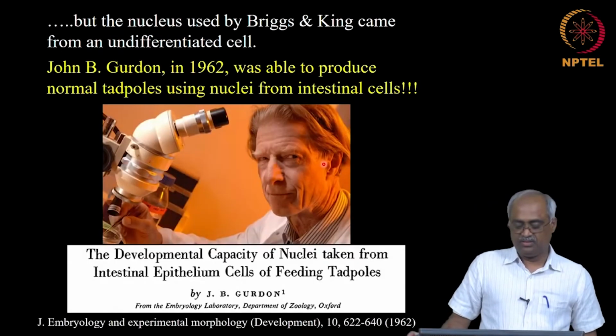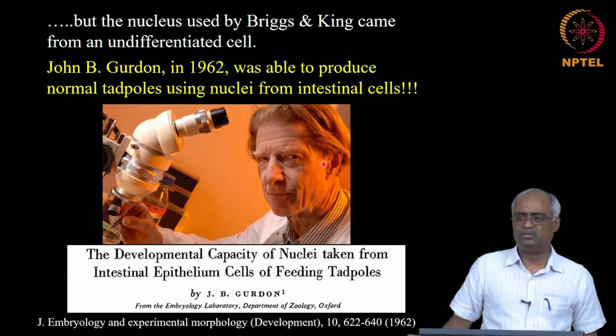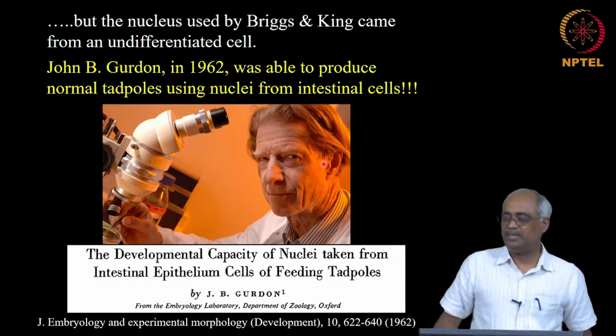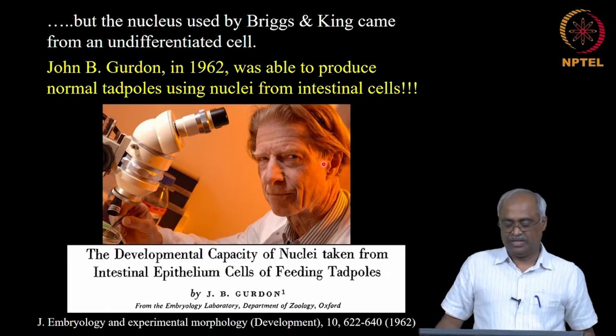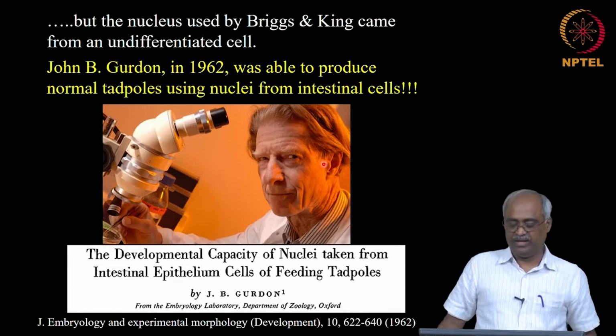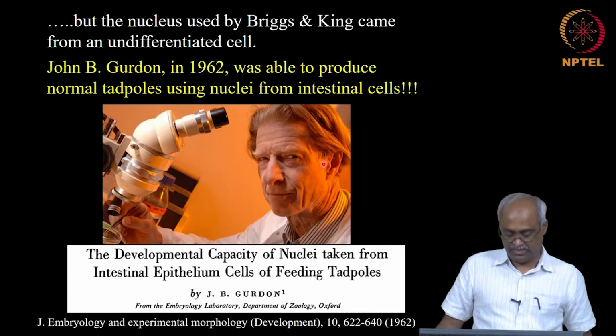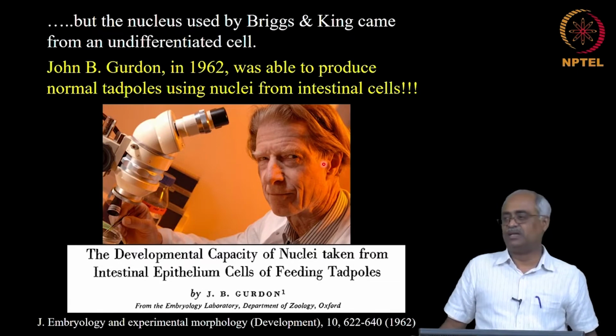So, John Gurdon, who got the Nobel Prize just a few years ago, less than 10 years ago, I forgot, but very recently, got the Nobel Prize for that, but the work was done in 1962. He got the Nobel Prize along with the Yamanaka group for somatic cloning in mouse. They did it very recently in mouse, but he had done it in the 1960s, and he showed that you can take intestinal cell nuclei and introduce them using Briggs and King's technique, and they can actually develop all the way up to tadpoles.